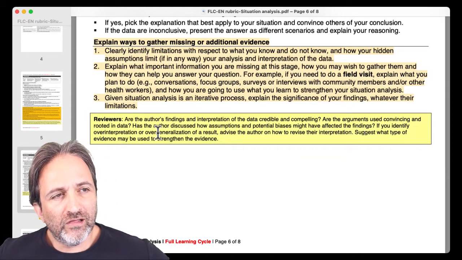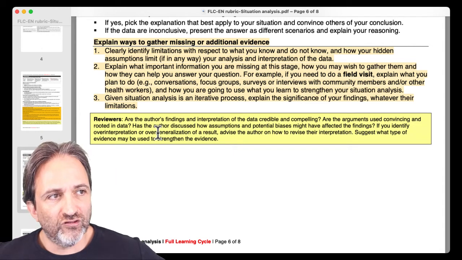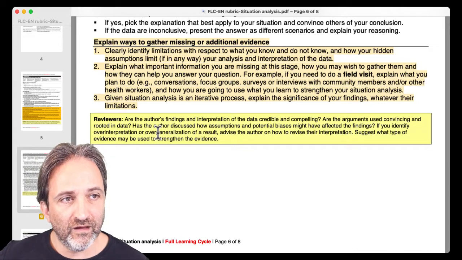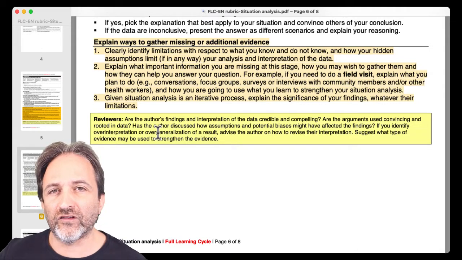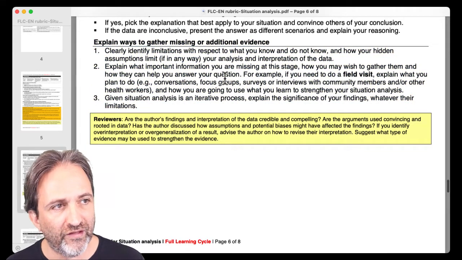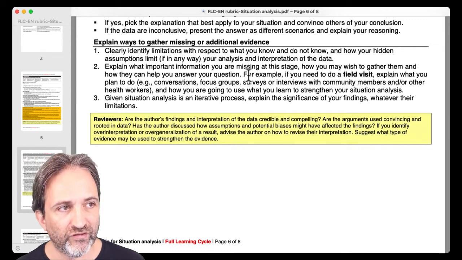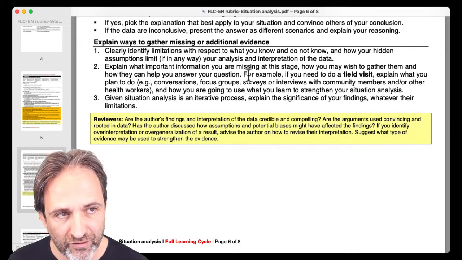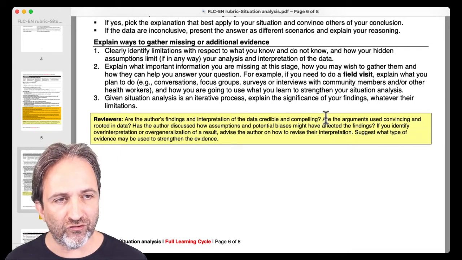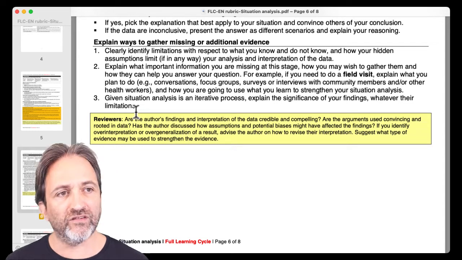So you want to clearly identify the limitations with respect to what you know and do not know. And then look at how assumptions limit, if they do, your analysis and interpretation of the data. So explain what important information you're missing at this stage. And then in the next steps, you'll get to say how you could gather this missing information and how it will help you answer the question. You can already mention it in the key findings, but really it's in the next steps that you'll